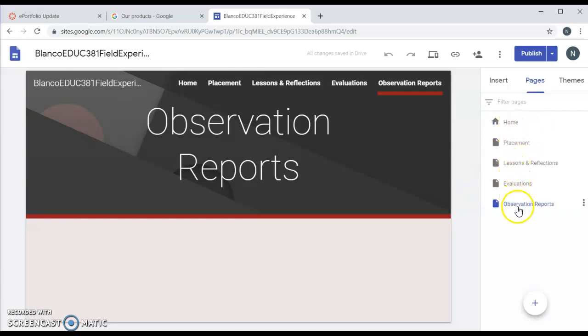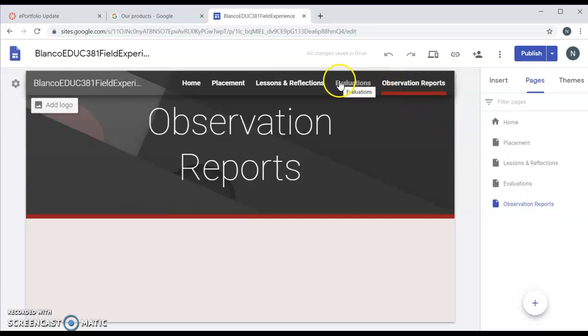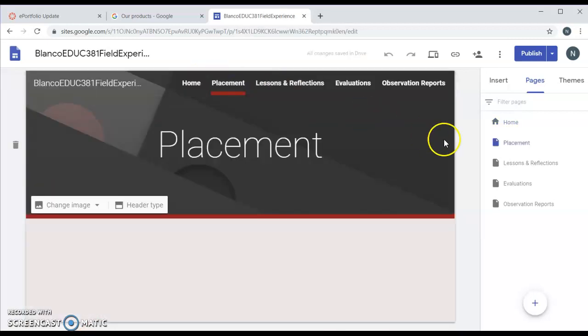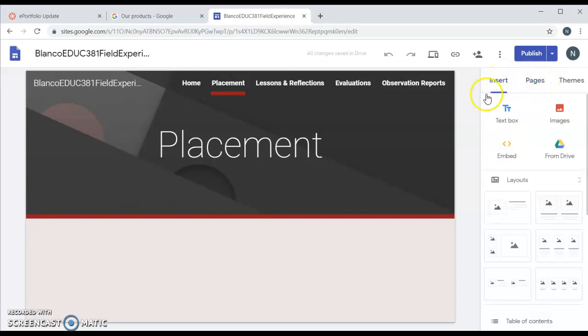Since I've added all of my pages, I can also see that they showed up at the top. On this menu bar, we have a link for each of the pages that we added. We can navigate back to the home screen and navigate to each of those new pages that we added. Since I'm done adding all of my pages, then we're going to go back to the Insert menu to start inserting perhaps text boxes, images, and we'll also look at how to upload documents from the Google Drive. But let's start just with some text